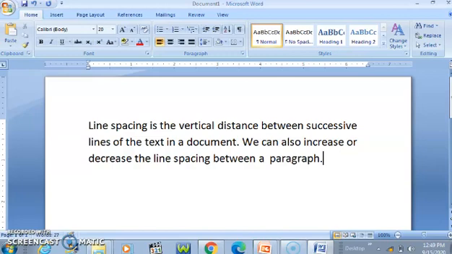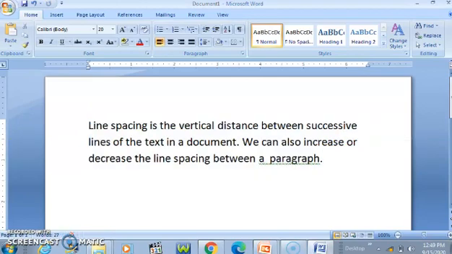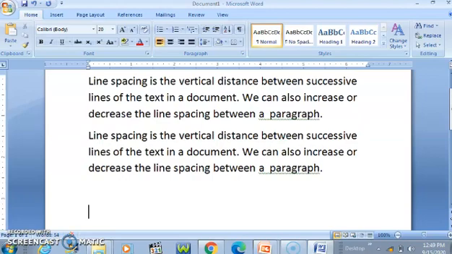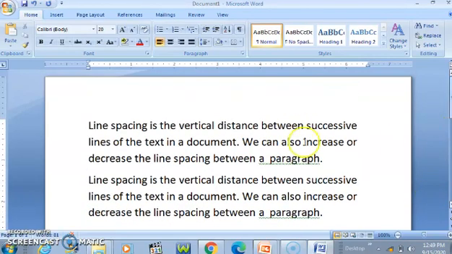Okay, this is the text that we have typed. Now I will copy same text in the subsequent lines. And here we have completed our document writing or the paragraphs. Now you can see that the distance between two lines. This is the distance between two lines.